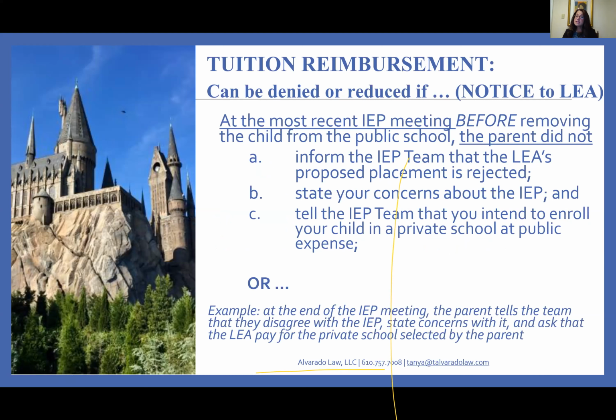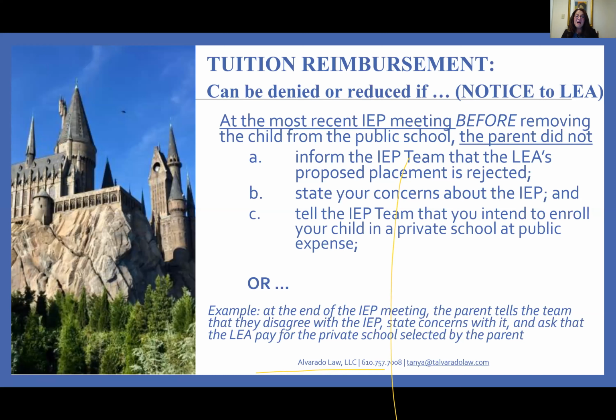Okay, so let's say you fulfill the 3 criteria. You show that your child is eligible for services. You show that the program was not appropriate. You get a hearing officer to say, district, you have to reimburse and your school is appropriate. Tuition reimbursement can still be denied or reduced if certain criteria are not followed. And so these are very important criteria. I actually, instead of Hogwarts, I should have had a minefield, through tuition reimbursement,